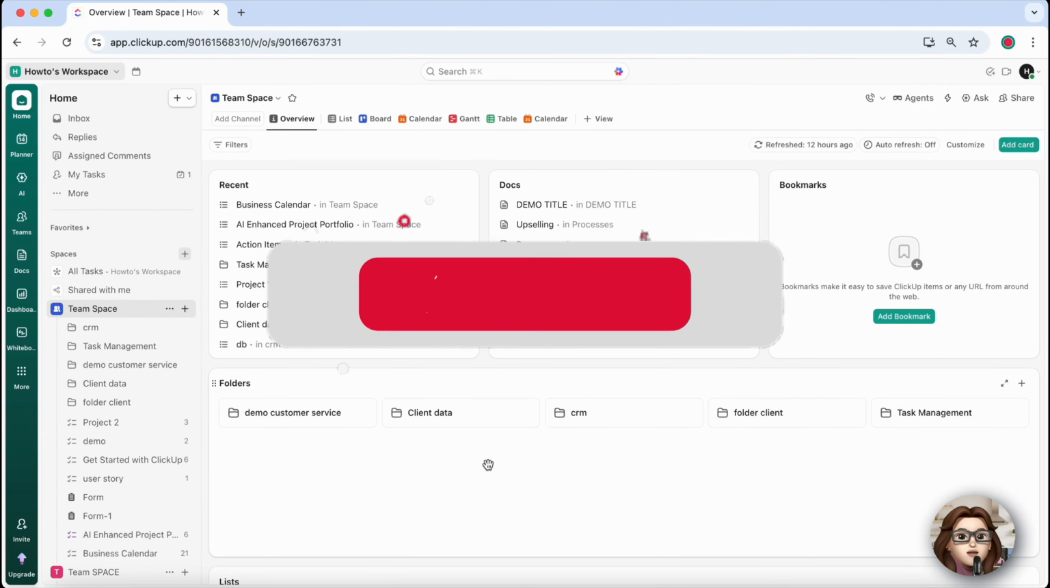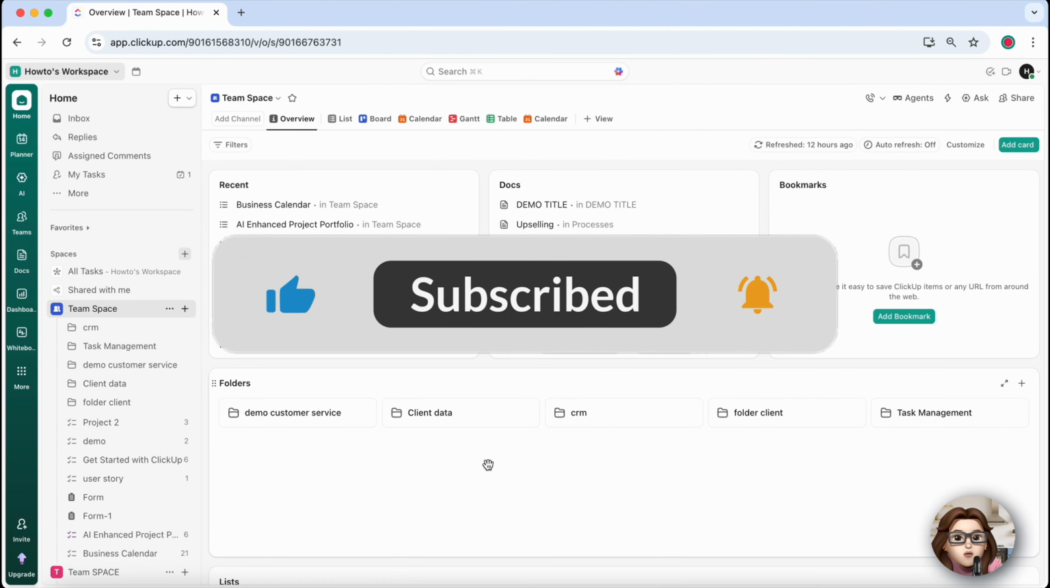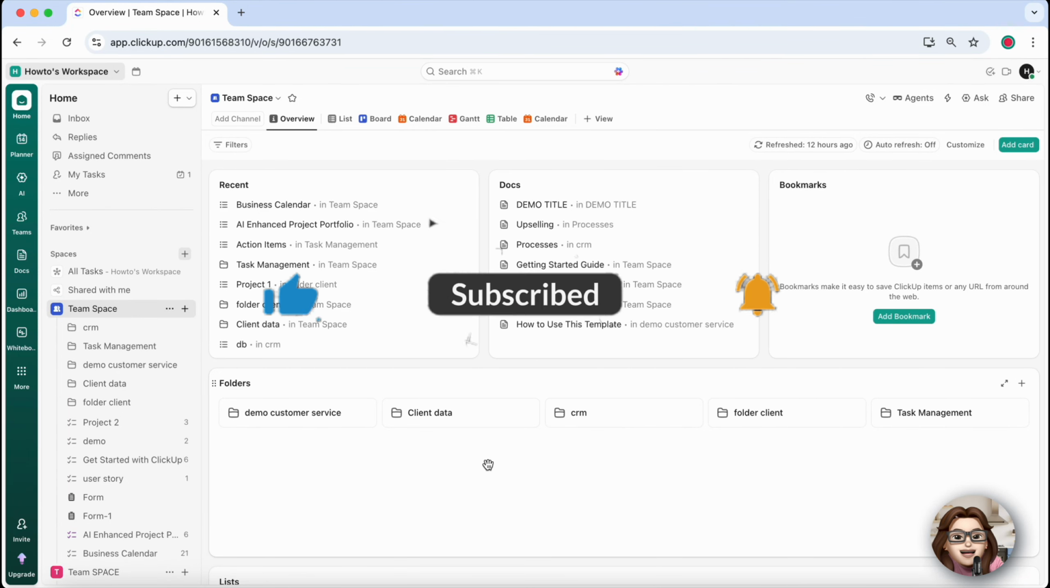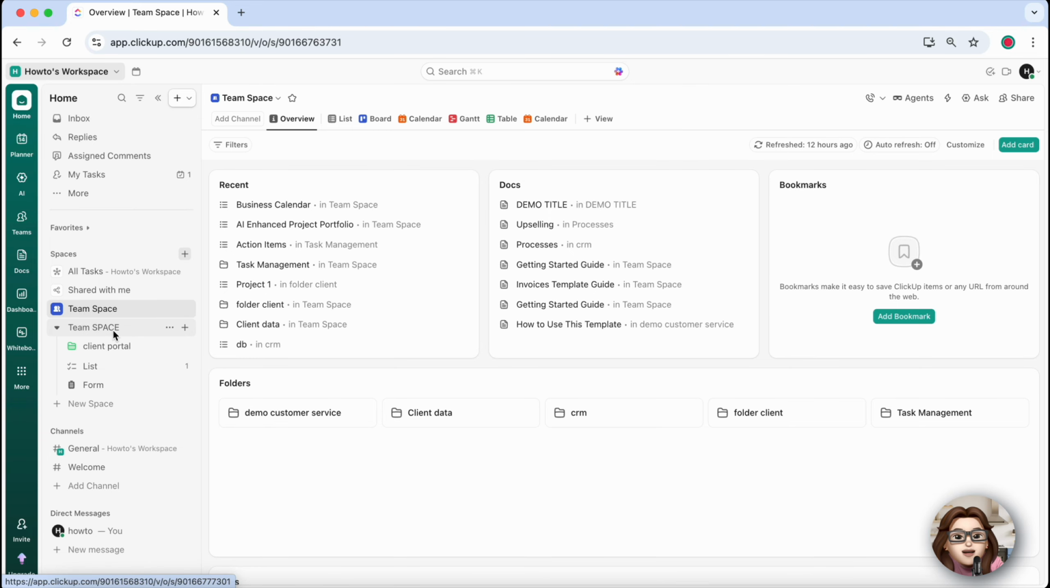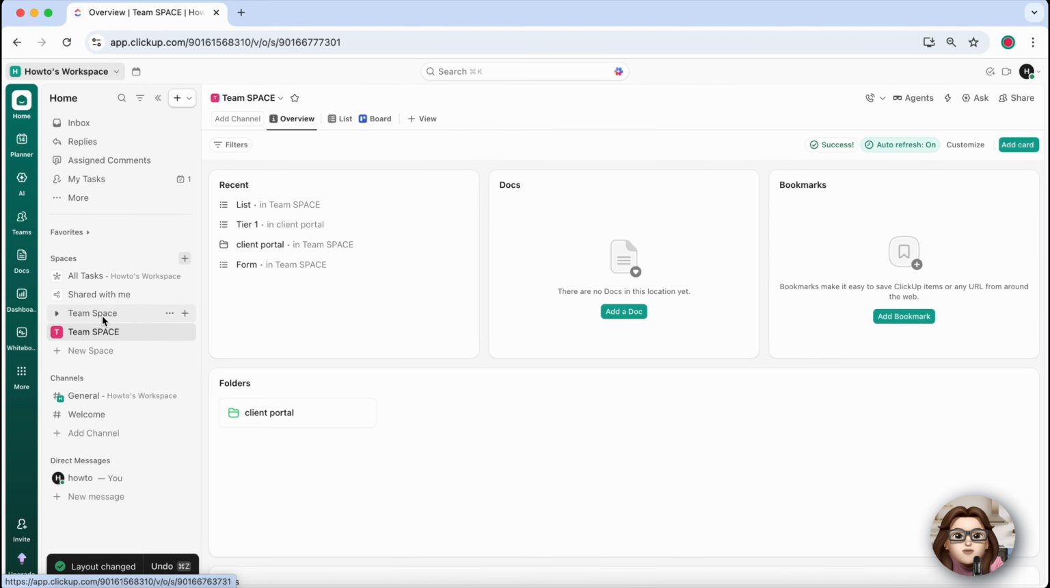In this tutorial, I am going to show you how to use AI as a personal assistant in ClickUp so you can save time, automate tasks, and manage your work more efficiently. Start by opening your ClickUp workspace. This is your main dashboard where all your tasks, projects, and tools are located, and it's where you'll access all